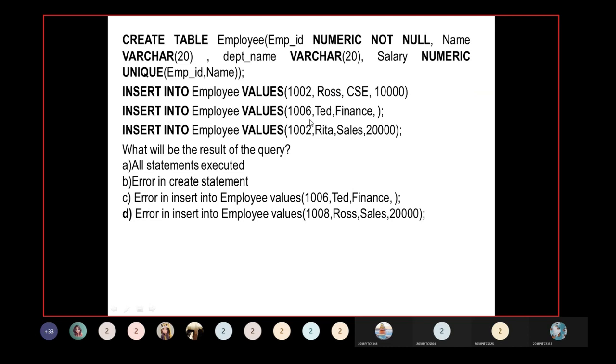Okay, 1006, and then date finance. Okay, next one is insert into employee values, then 1002 Rita sales, and then 20,000. Okay, our question is, what will be the result of the queries? So options are, all the statements are executed, and error in the create statement, and error in the insert